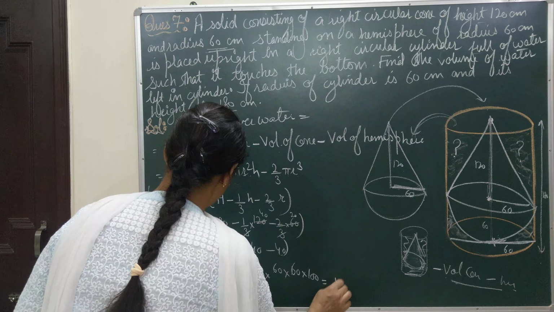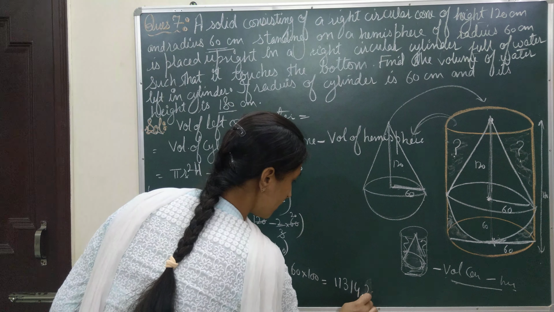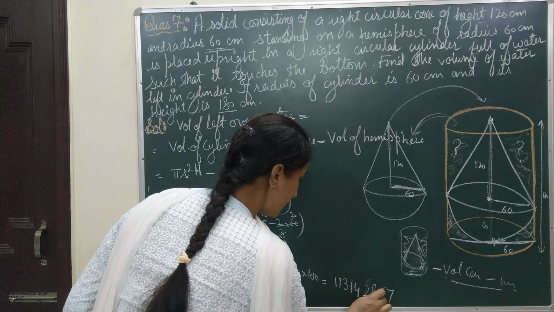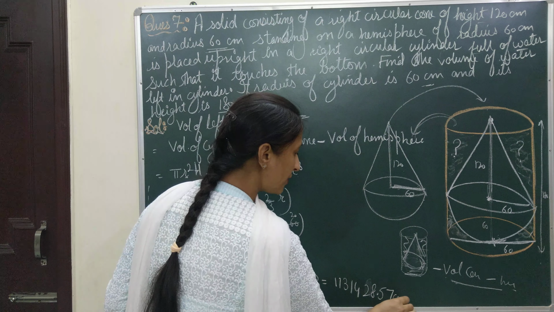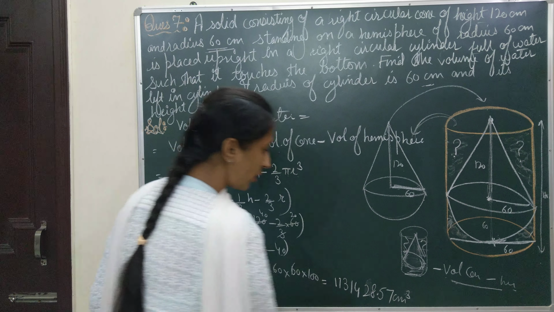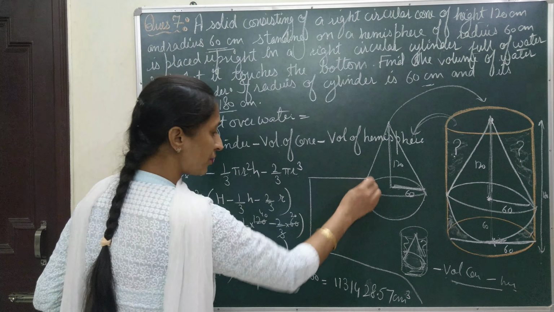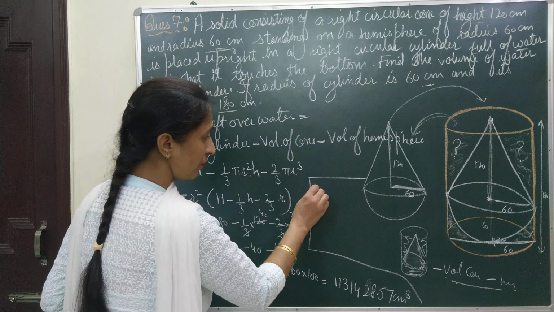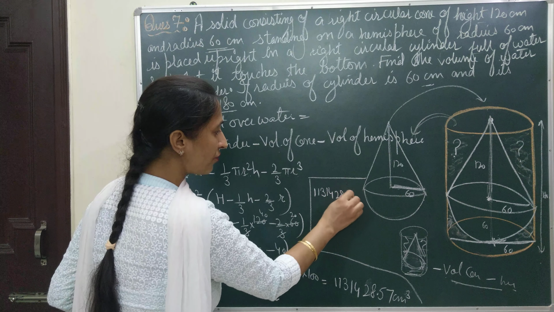I will get 1131428.57. Now my answer is in centimeter because all of these heights and radius are given in centimeter. Since it is very large, I will convert it to meter cube. It is 1131428.57